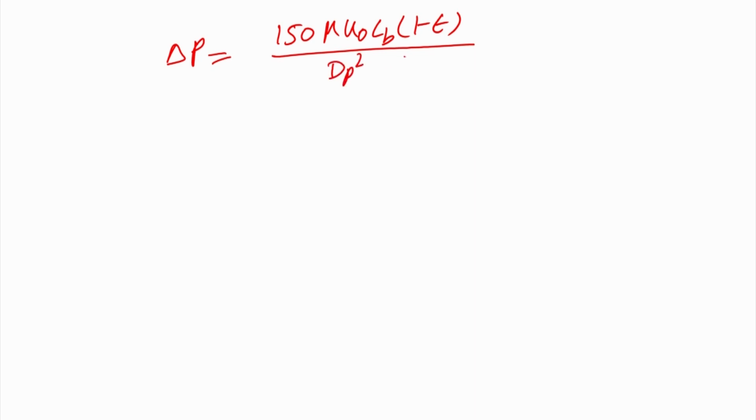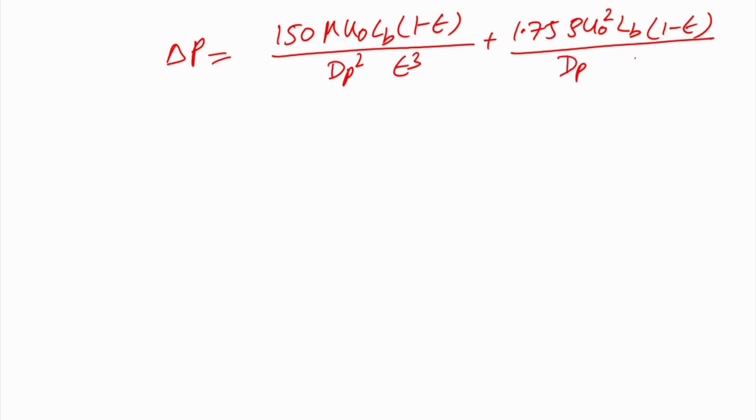The scientist Ergun added both the equations together and said that to calculate the delta P in a packed bed, it will be the combination of the Kozeny-Carman and Burke-Plummer equations. So it will be 150 into mu into u naught into LB into 1 minus epsilon upon dp square into epsilon cube, plus 1.75 into rho into u naught square into LB into 1 minus epsilon upon dp into epsilon cube. And this is called the Ergun equation,